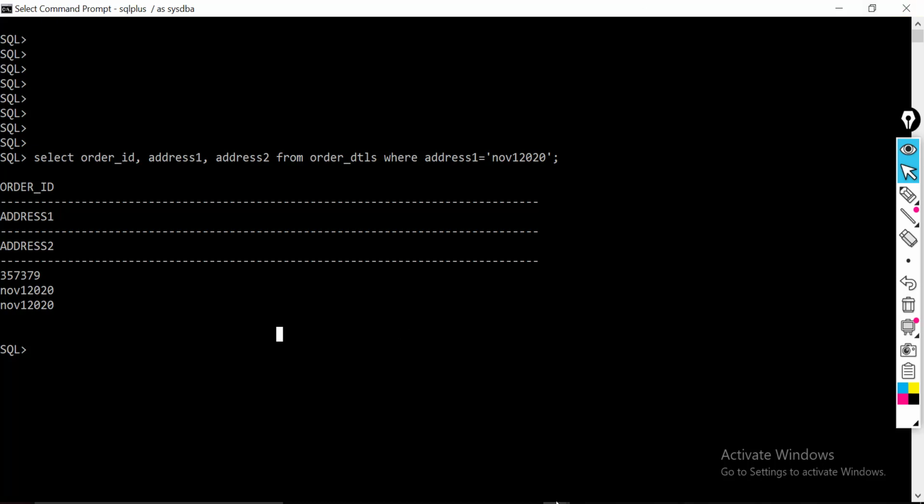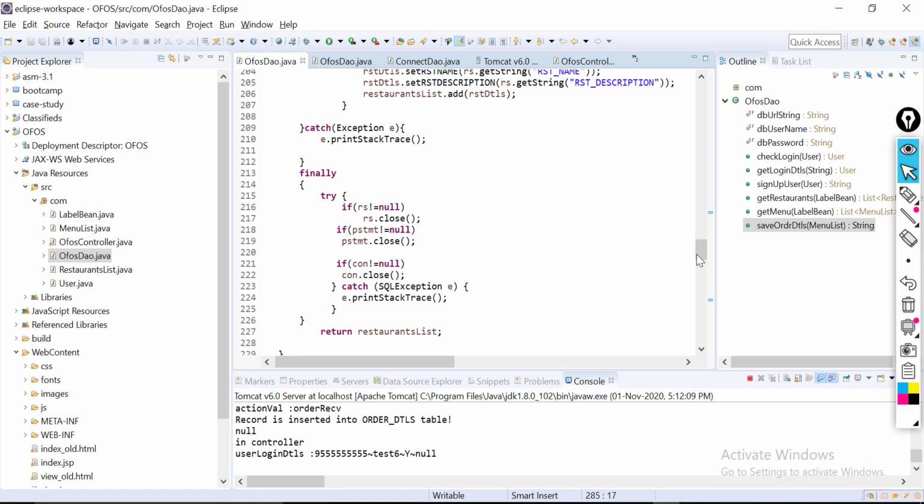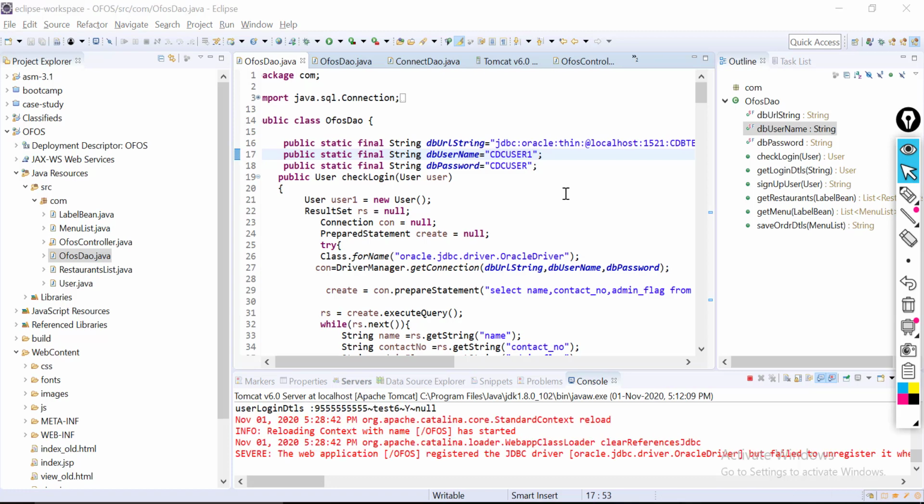Let us try to do one troubleshooting step. What is the troubleshooting step that I'm going to do? I'm going to give wrong connection string details. I'll do that and click on save. That means when a user signs in, the details have to be verified with this user, but this user is not there in my database.